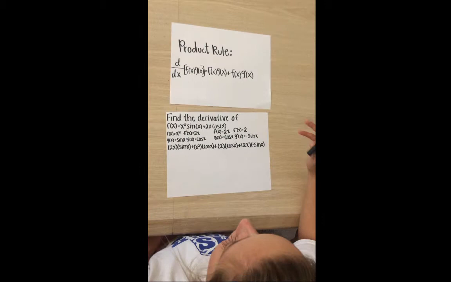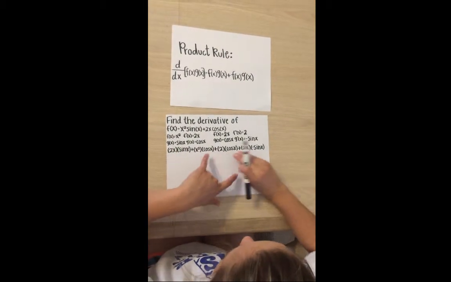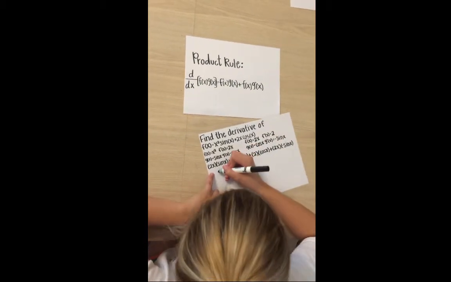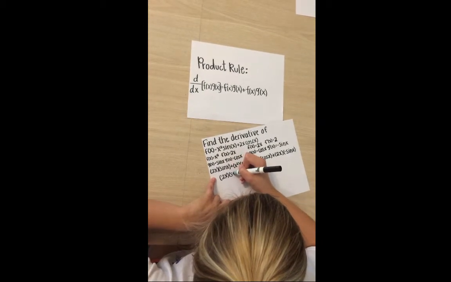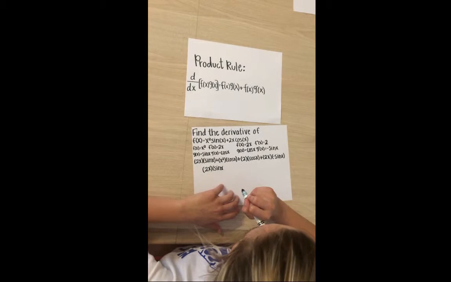Once we get to here, we can take our sines and cosines and put them together. So we're going to have our 2x sine x,